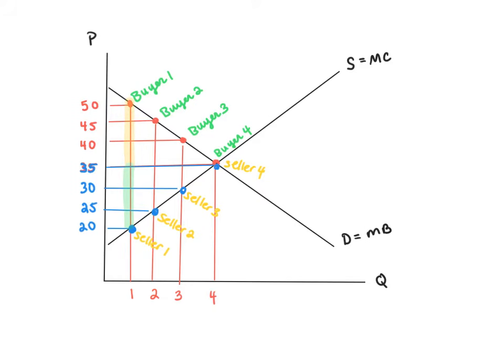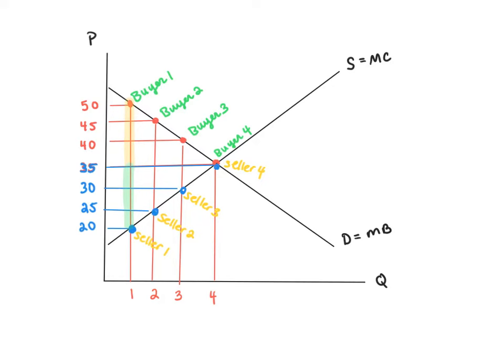This seller enjoys a producer surplus of $15. In other words, the seller receives $15 more than it needed to cover the variable cost of producing that good. By allowing this exchange, Buyer 1 enjoys consumer surplus, Seller 1 enjoys producer surplus, so society benefits from this additional